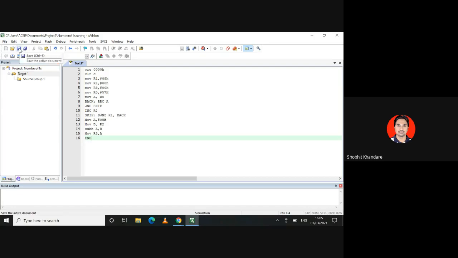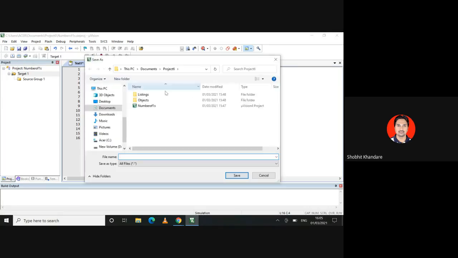Once you have written this, now save the file. It should be in the same folder, project 6. The file I have created, you can name it here. I wrote number of ones above, so here you can write number of ones, NO1S, short form of number of ones.